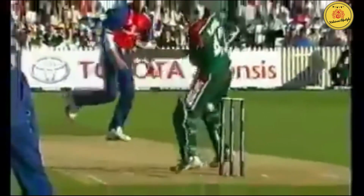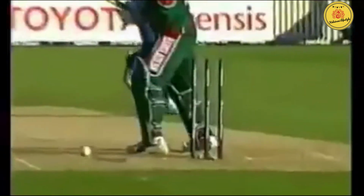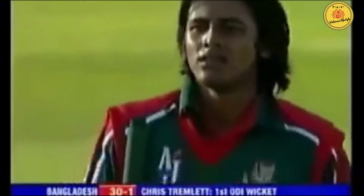His first wicket. So the debutant bowls the debutant. Tremlett gets his first wicket for England in one-day international colours, and Shahriar Hafiz ends his first innings for Bangladesh, playing on for 10. Good delivery, extra bounce for Chris Tremlett, and the debutant, as you said, counts for the...